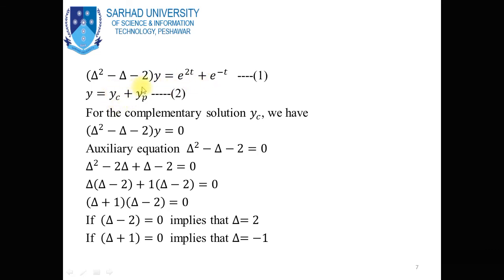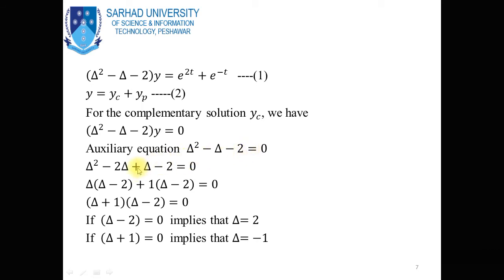One will be the complementary solution and the other will be the particular solution. For the complementary solution, we take only the homogeneous part of this non-homogeneous equation. The complementary solution of this homogeneous equation depends on the nature of roots of the auxiliary equation, where the auxiliary equation is del square minus del minus 2 is equal to 0. Y is equal to 0 will be the trivial solution, but we need the non-trivial solution. For the non-trivial solution, we put del square minus del minus 2 is equal to 0.